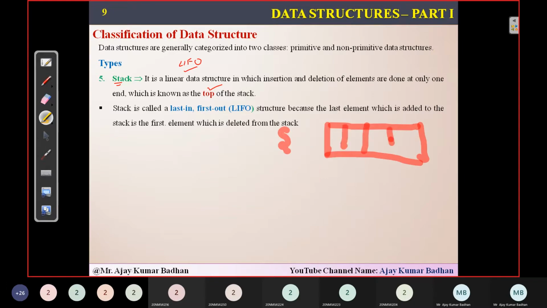Suppose you have inserted 1 first, then 2, then 3. Since stack follows last in first out, whichever element you inserted last will come out first. When you inserted, the first element is 1, the second is 2, and the third is 3. But when you are deleting, the first element will be 3. You will delete 3 first, then 2, and finally 1.